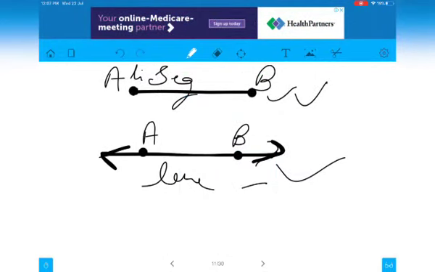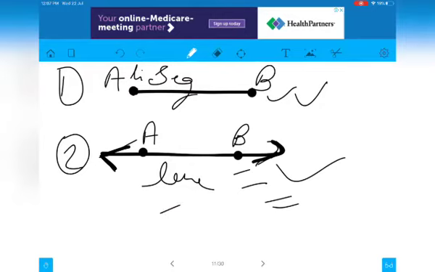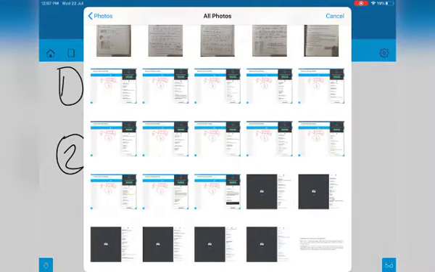So now let's see over here. I have made two diagrams, the first is a line segment, and the second diagram is a line. The first one is showing a line segment. It shows that a line segment has two endpoints, while a line has no endpoint, because you will see the arrow. The arrow shows that a line goes on endlessly beyond the points A and B. So it has no endpoint, and we cannot measure a line. But you will see over here a line segment has two endpoints and it has a definite length. So in short, we can understand it this way.